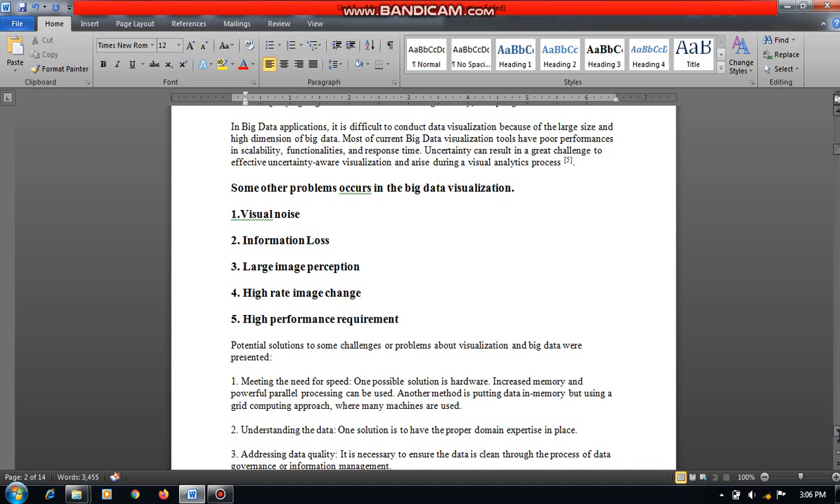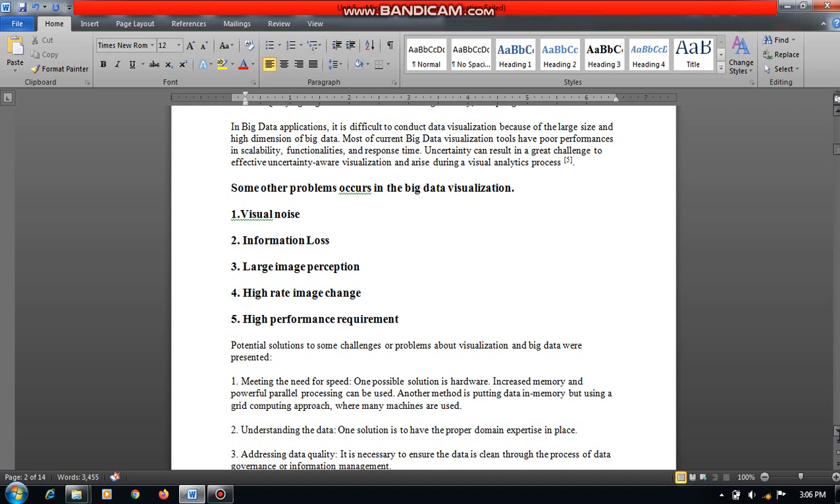Sometimes it may be a laptop system, a desktop system, or sometimes a small device, that is the mobile. So at that time the large image perceptions point has come up, because your data should be managed according to the device width or size. Then high rate image changes: the user can only observe the data and cannot respond to the amount of data change or image